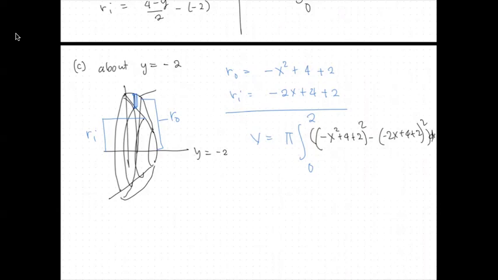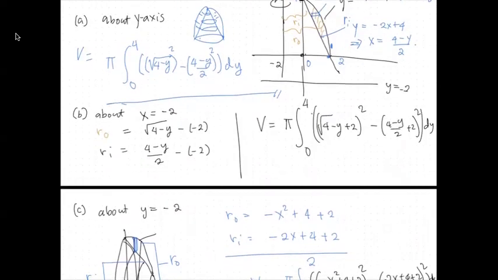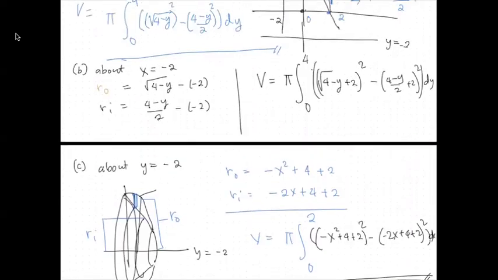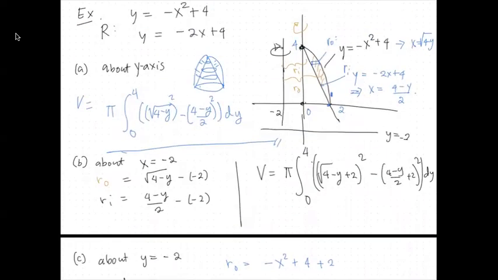That's it for our review. So here we did revolving about the x-axis, about the y-axis, about a line parallel to the y-axis, and about a line parallel to the x-axis. I made a mistake here, 0 to 4, but I rectified it. Because here we start from y equal to 0 and end with 4 for our